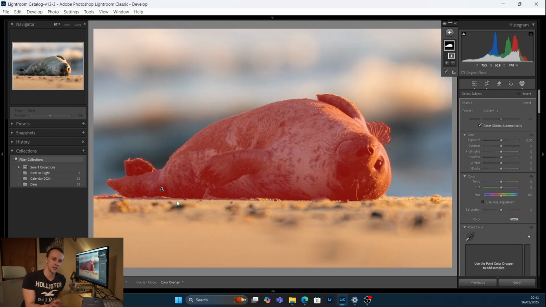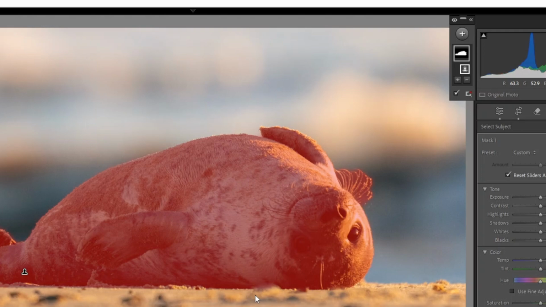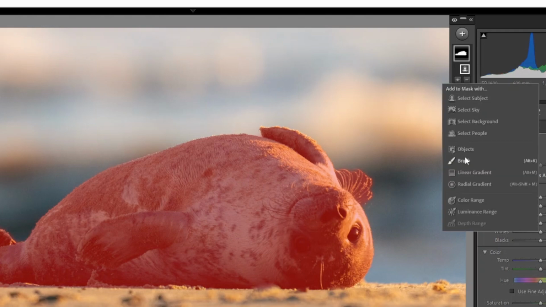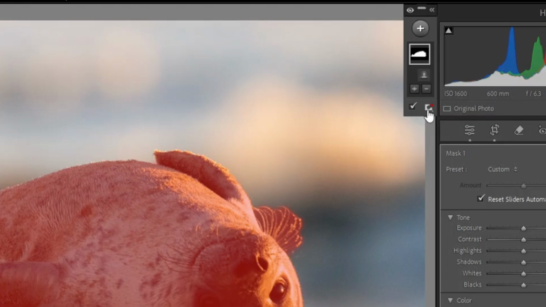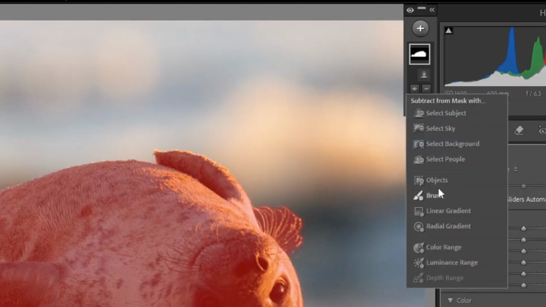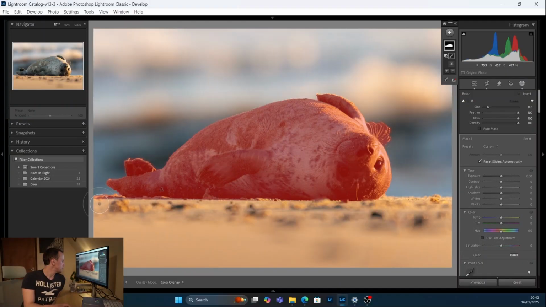So by selecting our subject, you'll see that Lightroom has drawn an outline of where it thinks our subject is and it has masked it as such. And in this case, it's done a really great job. If for any reason that it's added too much or it's taken away too much from our subject, what you can do is to come up to this little plus icon, come down to brush, and you can add in stuff like this. But obviously we're not going to do that. And the opposite is true if you want to take anything away. So if we press minus and come down to brush, then we can tidy bits up. So let's say this little bit underneath the tail here, I don't want,